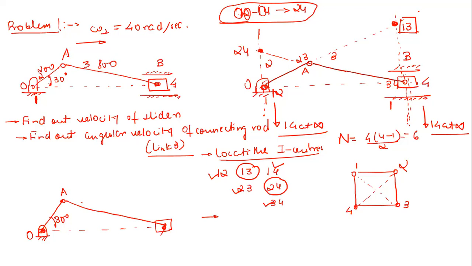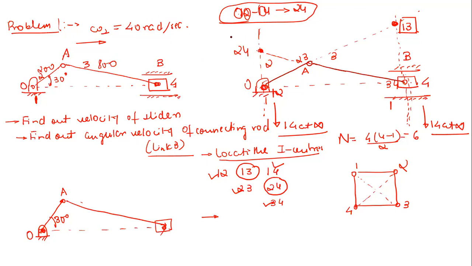My point is, if you have to find out the velocity of a slider, always see in any numerical problem, be it any subject, fluid mechanics or strength of materials or any other subject, first of all try to note down the points which are given to you. So what is provided to you here in this case? In this case, omega 2 is given, right?